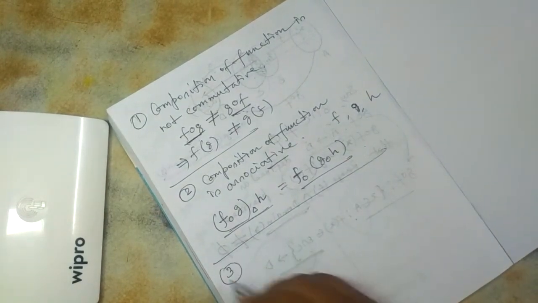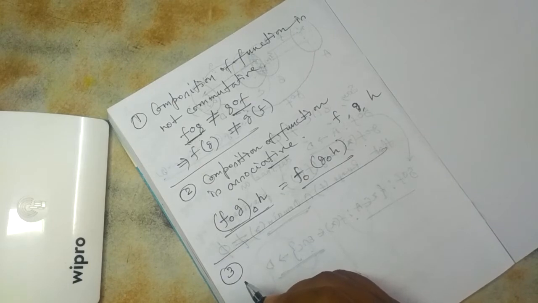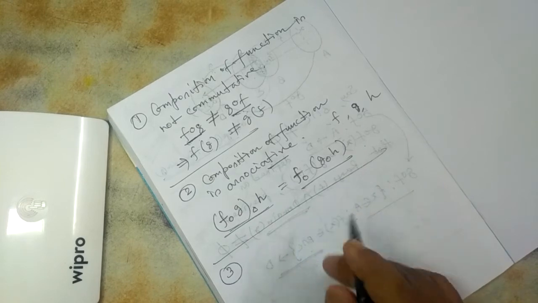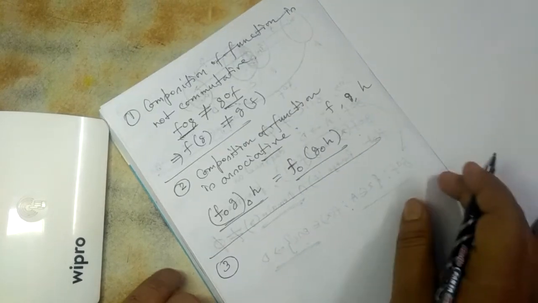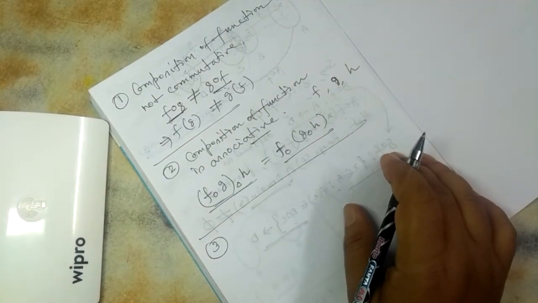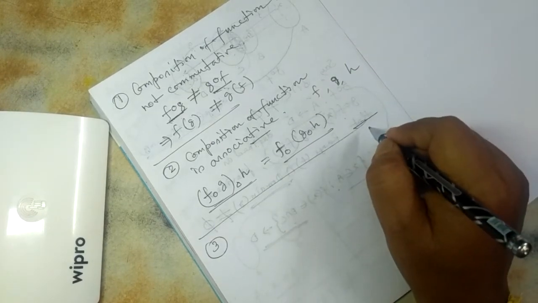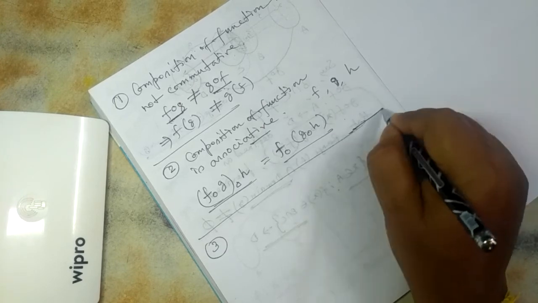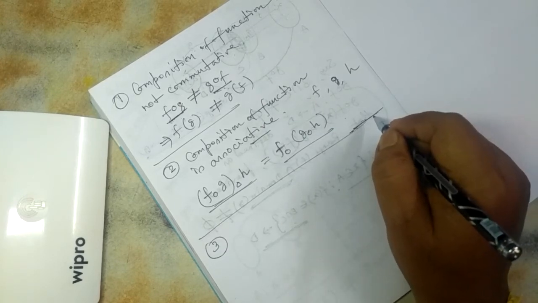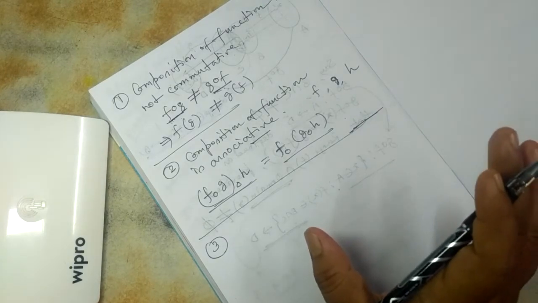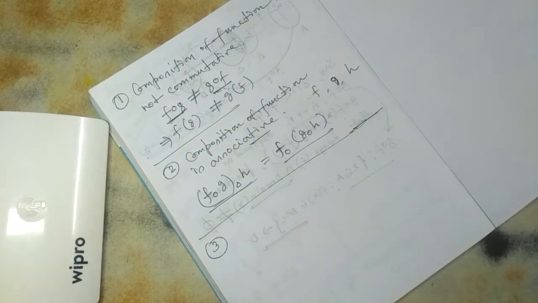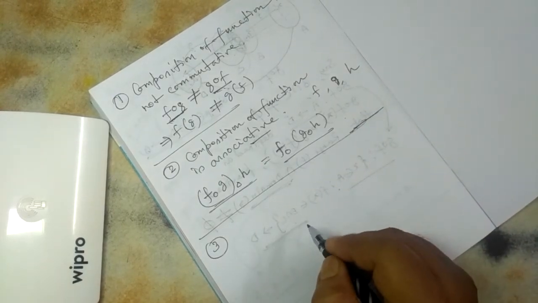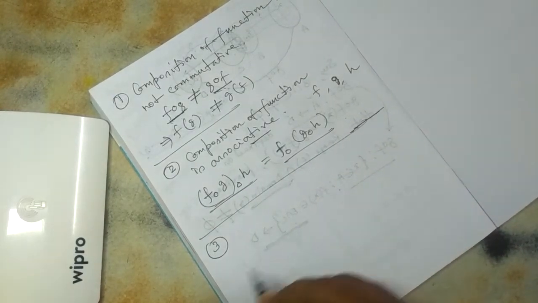Number 3. Let us say we are going to compose a function with an identity function, and this one is very important. I have created a completely separate video on this on an earlier occasion. I am giving just the output of that. I am not going to prove it or discuss this topic again, as I have already discussed it in my earlier video. You can consult that one.